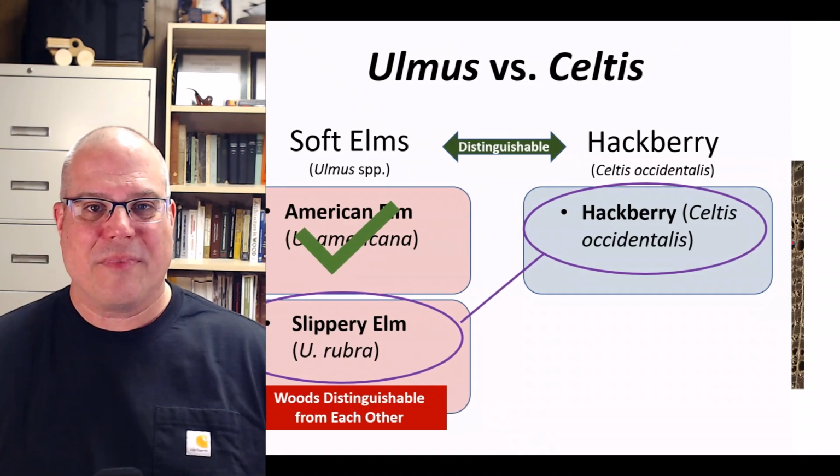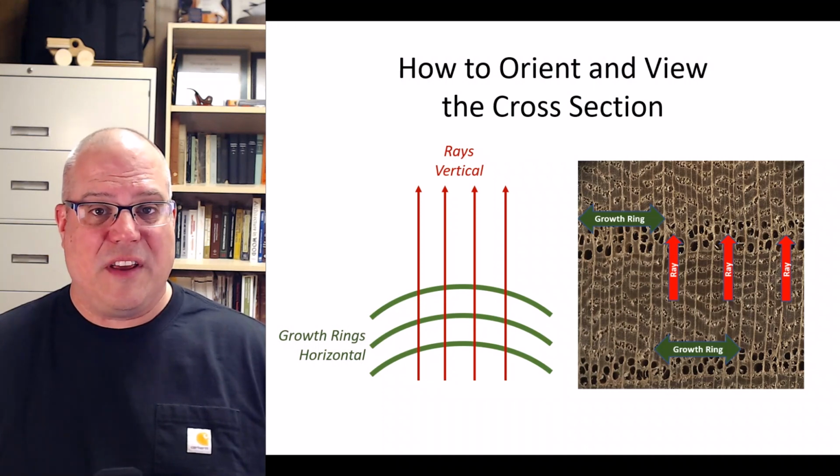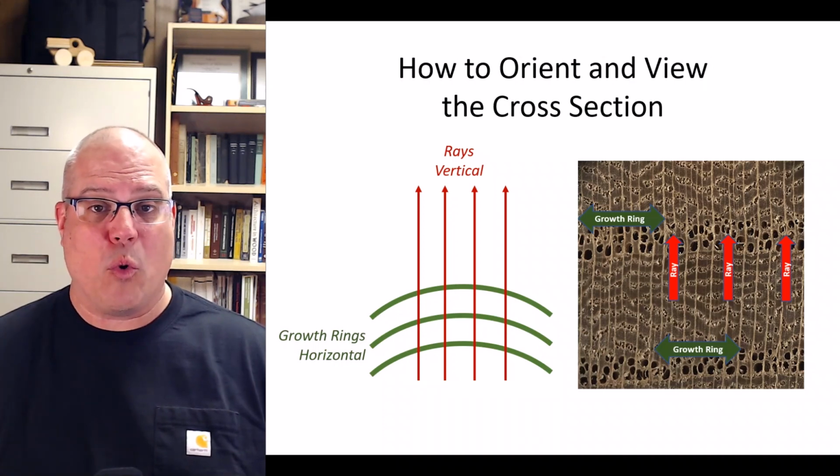for other woods. As we suggested in the previous videos, please remember when you view your wood specimens under a hand lens to orient them with the rays running vertically and the growth rings running horizontally. This will make it easier to compare them to the images you see in my slides and your wood anatomy reference book. All references to vertical and horizontal in my videos will assume the same ray and growth ring orientation